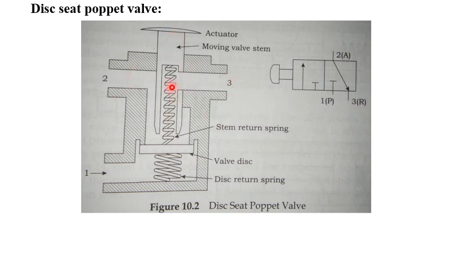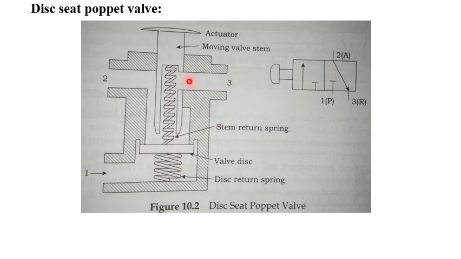In this we have three ports: one is the input port from the compressor, two is the output port, and three is the exhaust port. At the initial condition, normally closed, the air coming from port 1 would not go anywhere. These points are blocked, so the air is blocked here itself. Ports 2 to 3 are already in connection, because the air from 2 flows near this spring through an opening.